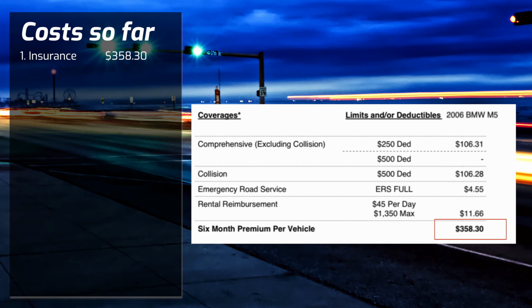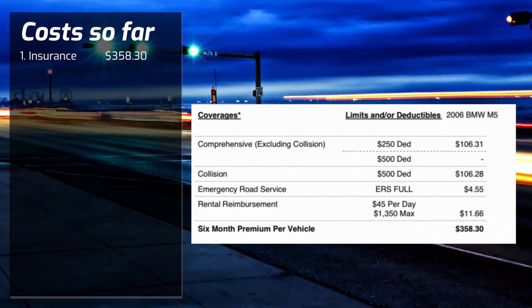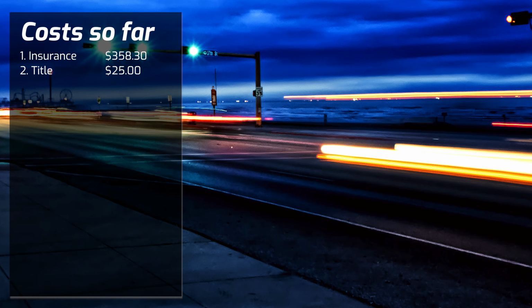But let's go through some of the costs so far, or at least how much the car has cost. And this is the actual figures with tax out the door for everything that I've either done or purchased. So as you can imagine, there was the title, registration, and insurance. Insurance actually wasn't that bad. I was really surprised. It was $358.30. The title was 25 bucks. The registration and taxes, yes, we have to pay taxes after we purchase vehicles, was